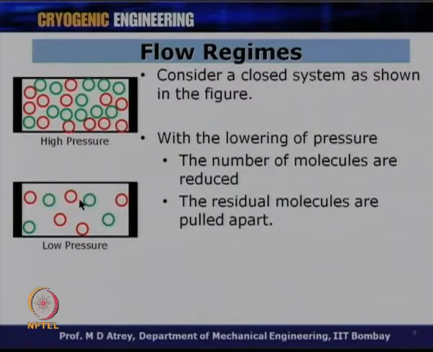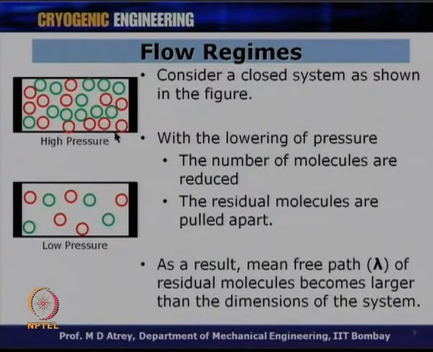That means the distance between the two molecules will start increasing, and therefore, we say that here the molecules will have collisions at will. The moment they start moving, they will have a collision, while here it is a probabilistic model. Depending on what direction the molecules move, it will have a collision, and therefore, the length between the two collisions, or the lambda value, the mean free path in this case, will be more as compared to what it is over here, and that is obvious from here.